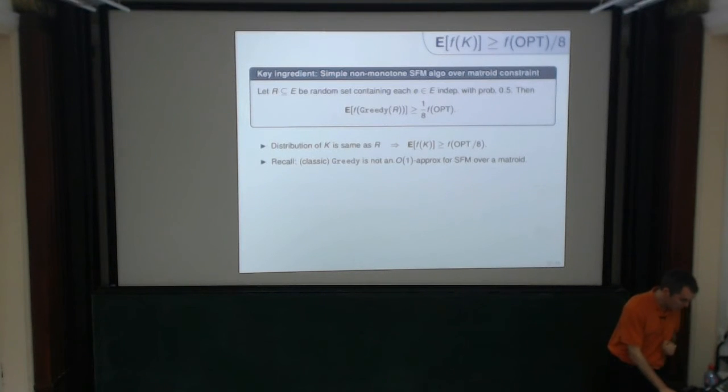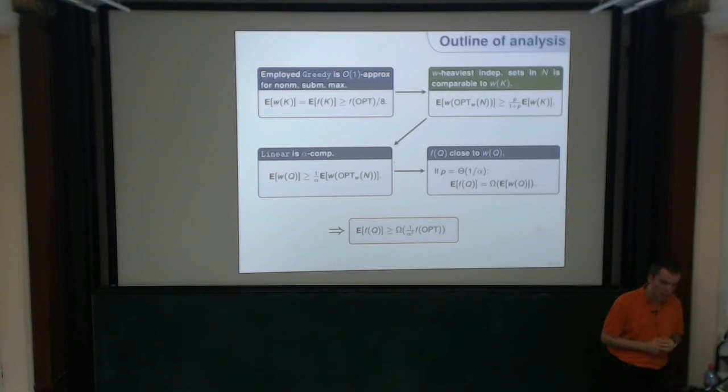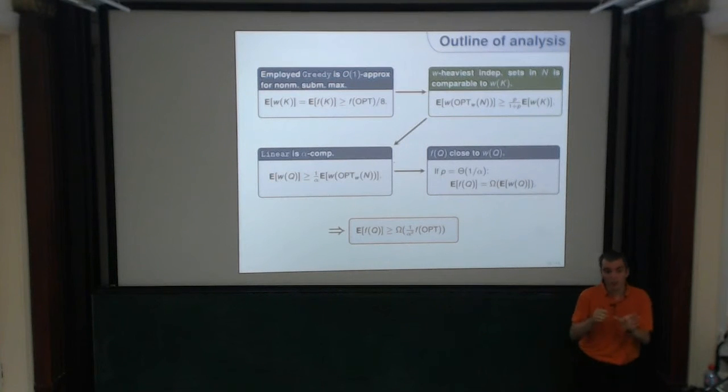So I have time to briefly talk about the second box, which I would also like to rephrase in terms of a problem you could consider independently of the matroid secretary problem. So here again, what is the goal? I want to show that the linear weight that the linear algorithm sees is large compared to the linear weight that the control set has. So linear weight is always the weight with respect to W.